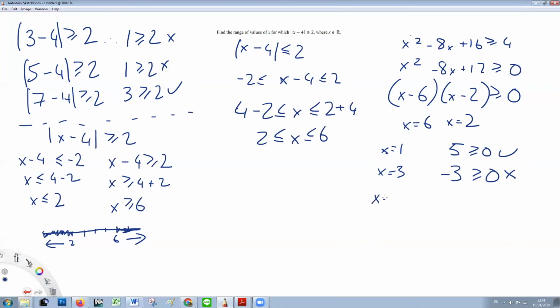If I was to say x equal to 6, 36 minus 48 plus 12, that's going to be 0. And if I was to pick 7, say, it'd be 49 minus 56 plus 12, that's going to be 5. And again, that statement is correct. So for this, we would essentially have